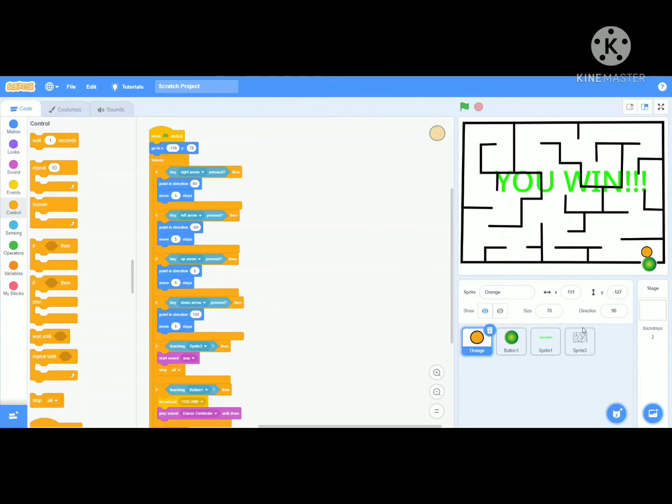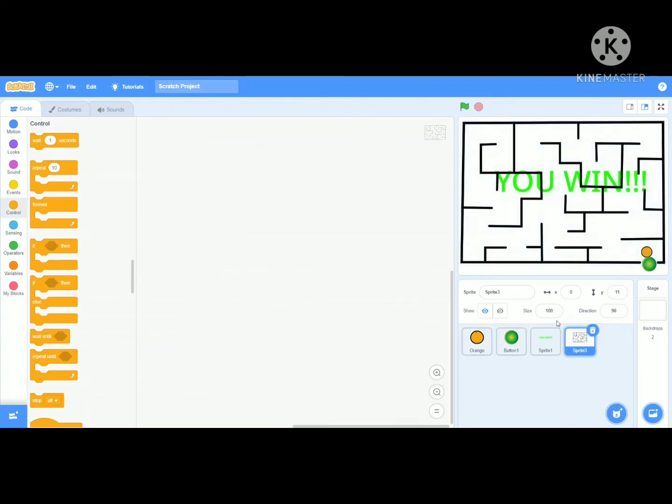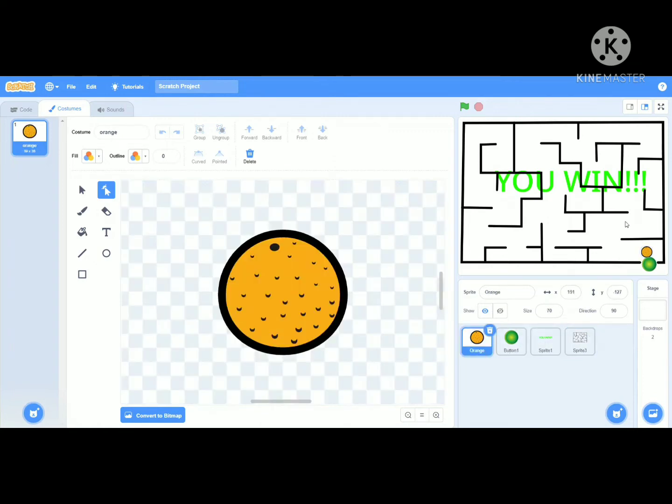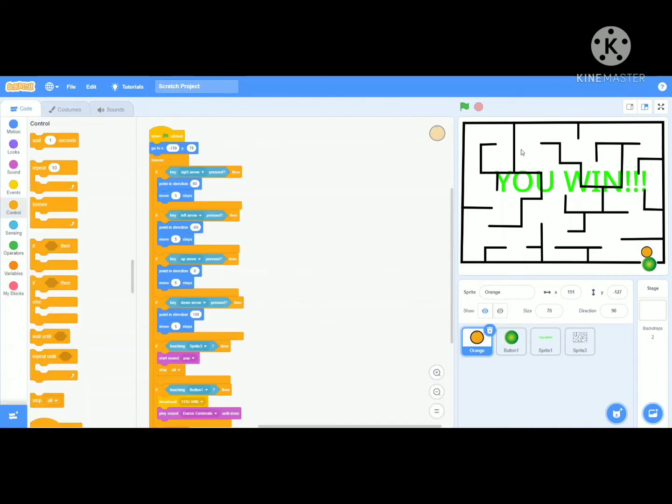So this is a maze. I created a maze using the costume tab in Scratch. So I just created a maze. Some lines were just created, and then further I added a sprite, which would move and go to the final position. This green button is basically the final position, and this is the sprite which is going to move